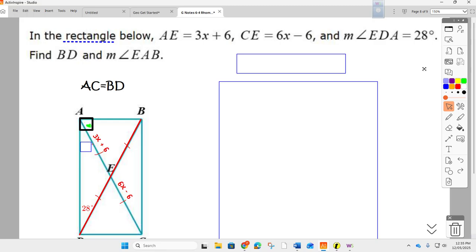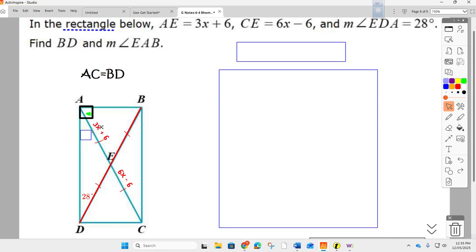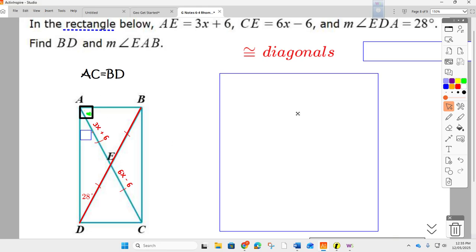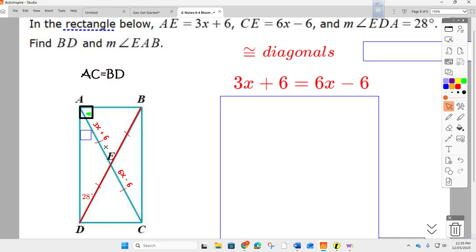All right. So let's start with solving for x. If these two segments are congruent, we've already said that, the diagonals are congruent. If these two segments are congruent, we can set their measures equal to one another to solve for x, right? 3x plus 6, that length is equal to this length. And then we're going to solve for x. I'm going to take 3x from both sides, because we want our variables on the same side. That leaves us 6 equals 3x. We need to move this minus 6 away from our x's, so we're going to add,